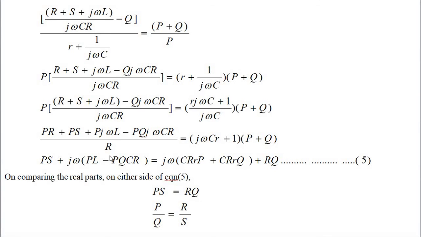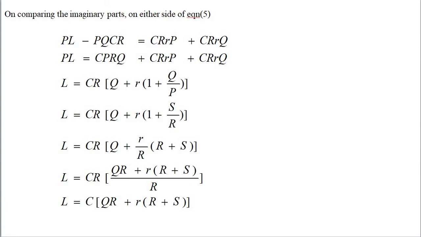Okay, so on comparing the real and imaginary parts of right hand side and left hand side, we know that here the real part is PR and here the real part is RQ. So this is PS and this is RQ. So PS is equal to RQ. So from this equation, P by Q is equal to R by S. So when we compare the imaginary part, PL minus PQCR, that is equal to C capital R small r P into C R R Q. So that PL is equal to this term combined together, you will get CPRQ